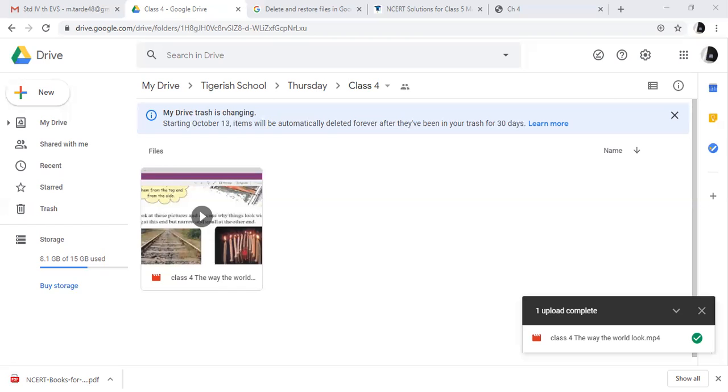Understood how we are using fractions? Okay. So solve page numbers 53, 54 and page number 51 in your textbook. After today, I'll share some worksheets also. Solve that worksheet.